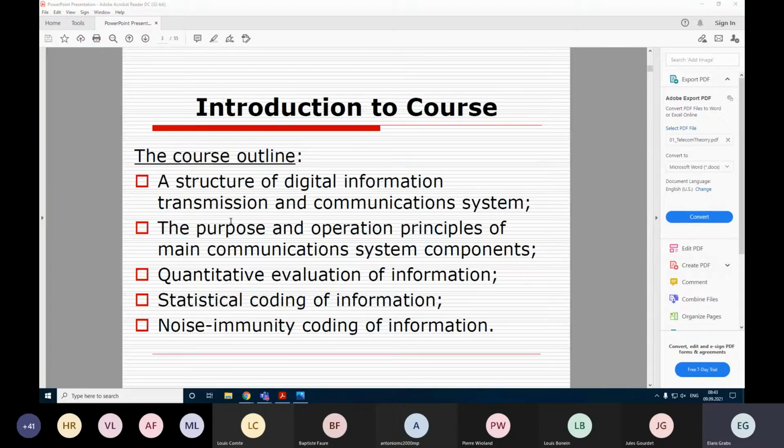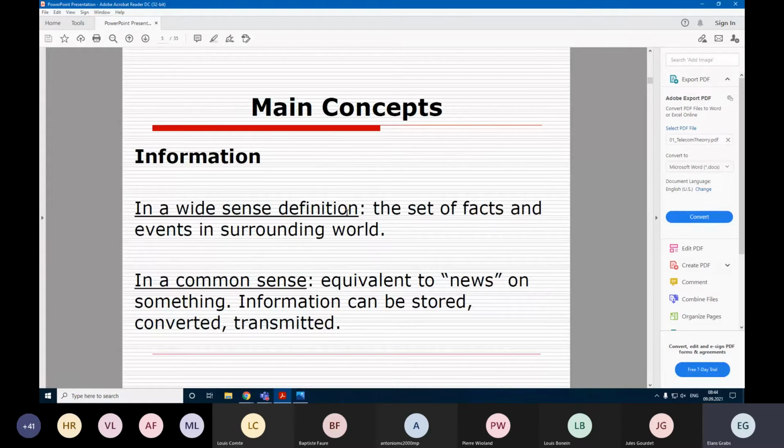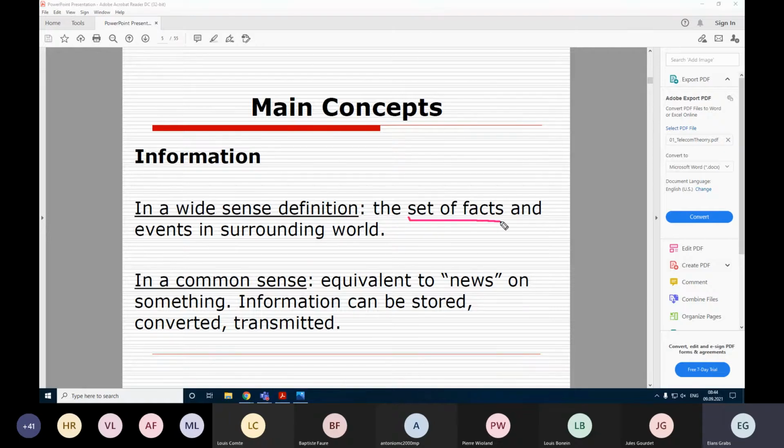Before we go to the structure, let us start with the main concepts. What is what, and what is information, how we can measure it, how we can send it, and so on. So let us start with this definition of information. And when we talk with each other in this course, you already have some impression of what it might be, this information. Yes, this is some set of facts or events which we are sharing with each other,